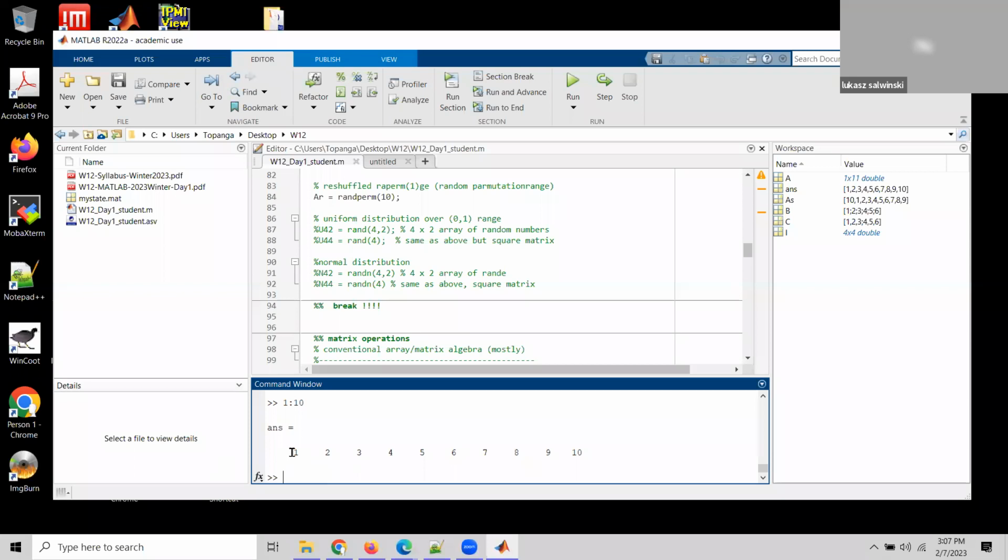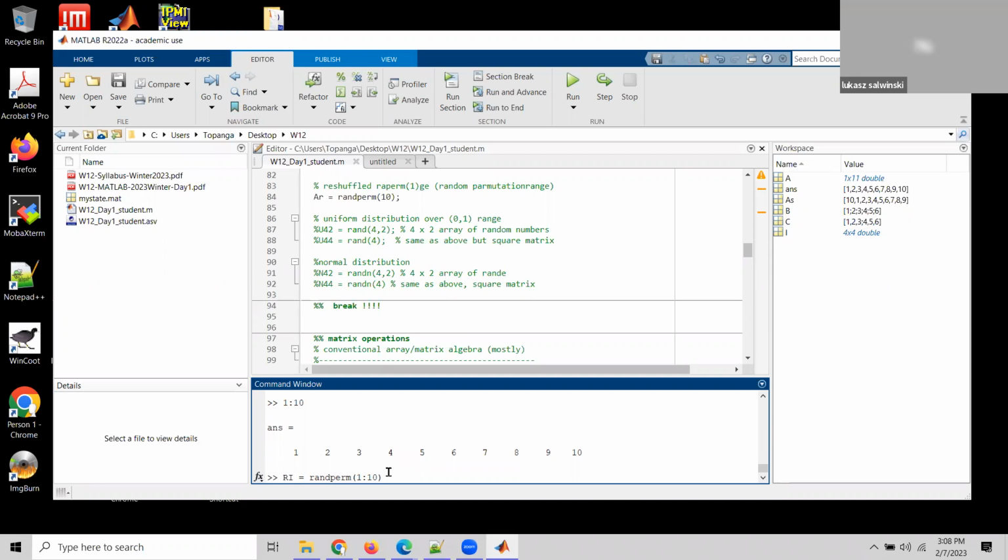If we randomize it, let's put it into Ri, and to do this we're going to do, as we had before, randperm of 1 to 10. So now here we're generating a list from 1 to 10, and then we're resorting it in